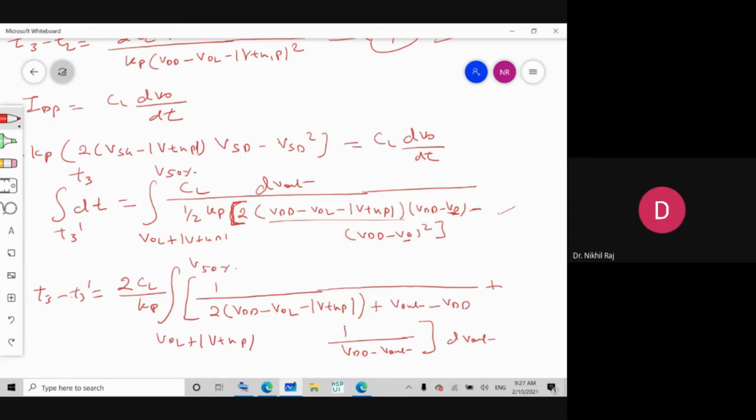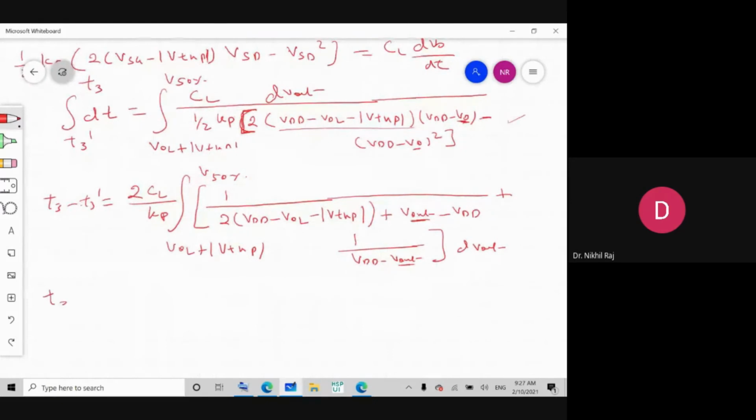So now you can do easily because here only one V out term is there, so both will come in the logarithmic one. So once you get the log expression, after solving this one, you will get a logarithmic expression, and that will take the form of CL, 2CL by, here from here 2 will come outside, so this 2 will cancel out, and finally you will get here,